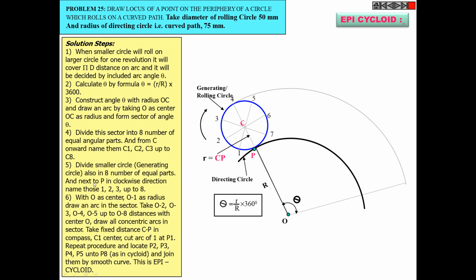That means you will take your protractor, align your protractor with this particular line, and just draw a 120 degree line. Just draw an infinitely long 120 degree line. Okay, so this is the angle subtended by this smaller circle over this bigger circle, and this is the sector you are getting. Any doubt so far?